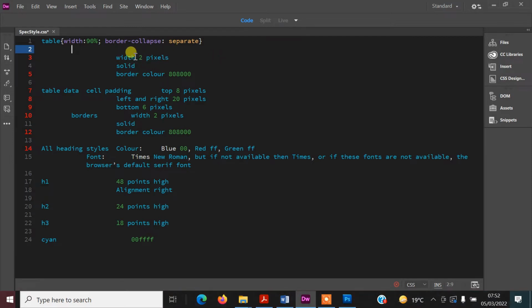So the border width is 2 pixels. The style is solid, and the color of the border is this hexadecimal. Well, it's not hexadecimal, it should have the hash at the beginning. We will add that, and it has this color code. Now, we were told in our exam